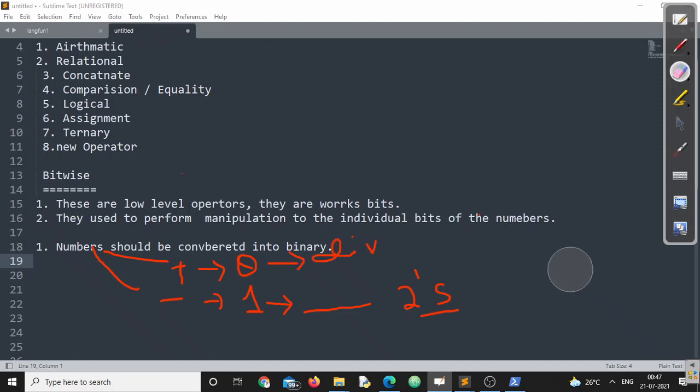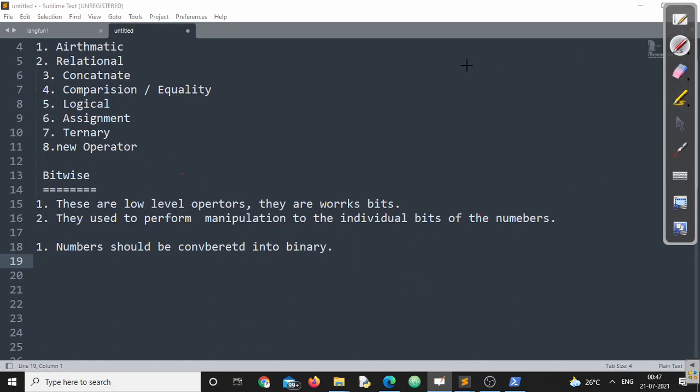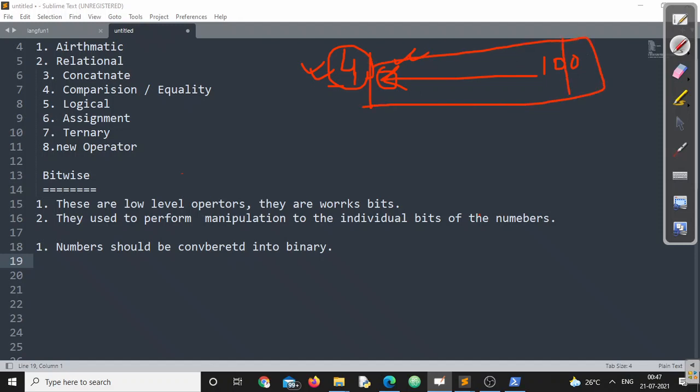What that means is, suppose I want to store the number 4 in memory, integral constant 4. Since it is a positive number, if I convert it into binary, this will be 100. Since it is an integer, a total of 32 bits will be there, and the sign bit will be 0, because it's a positive number. Make sure you understand this point, right? Now this is how 4 is stored in memory, like this. If I want to store -4, we need to go for 2's complement form.